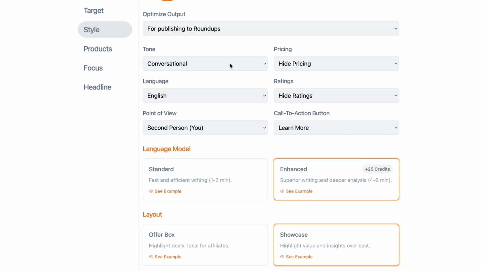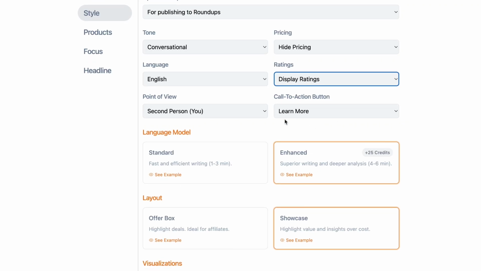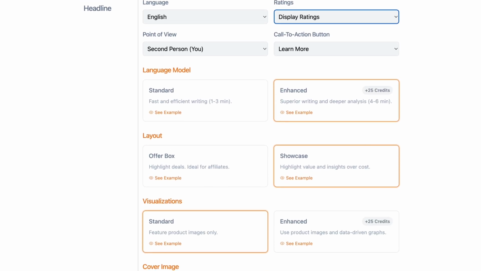Now, I'm going to keep the tone conversational, but you do have options. The pricing, I'm going to keep the price hidden. Language, English, but you do have a bunch of options for languages. All right? Ratings, we'll display the ratings. We want to see what the people are talking about. People need more information before they make a decision, right? Point of view, I like second. Call to action button, learn more, to entice the audience to click and learn more about the product or service that we're talking about. Simple. Now, I did mention that I got the unlimited plan, so I do have access to the enhanced writing,